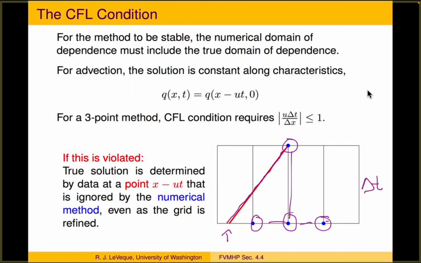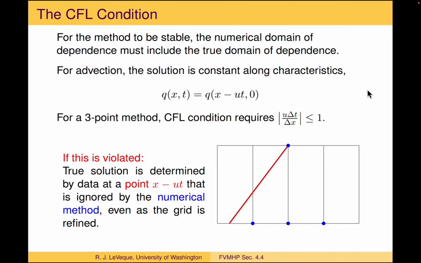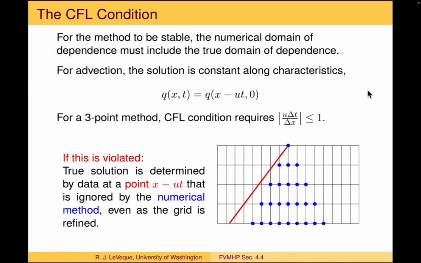The true solution here is based on the initial data at this one point. Okay, and now the problem is that even if we refine the grid, and we refine at the same rate in x and t, so we cut x in half and we cut t in half, but we're using the same 3-point method, or we cut it down again by a factor of 2, then no matter how fine we